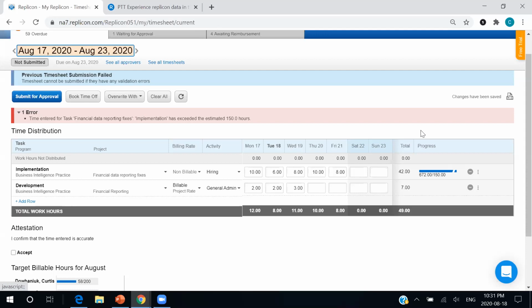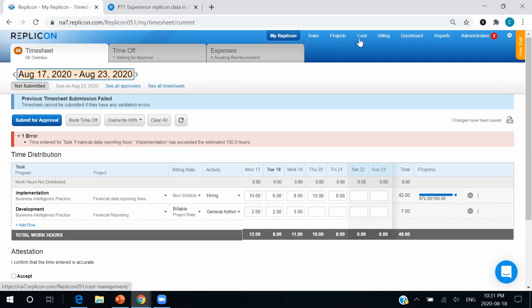And maybe my supervisor didn't realize that, oh boy, we are just going crazy on this task and getting nowhere. So this allows our supervisor to take action and again, get everything moving in the right direction. So that is the goal of Replicon, is to get all of this time information moving correctly through your system and avoid any of these hangups and inefficiencies within an organization.